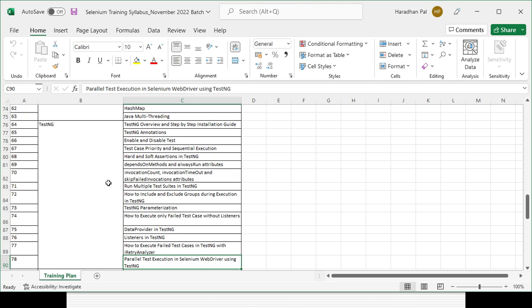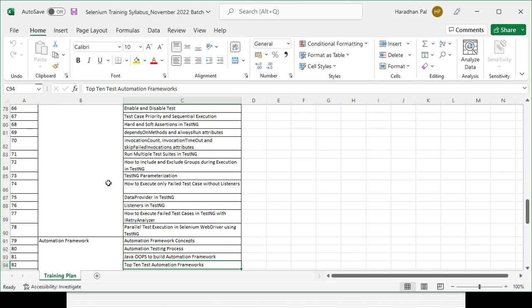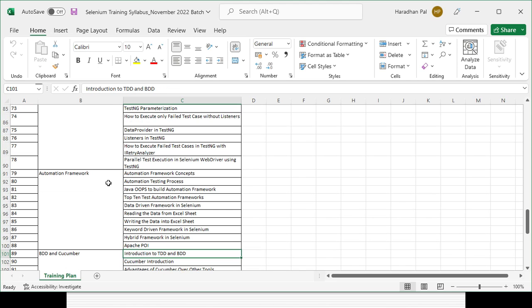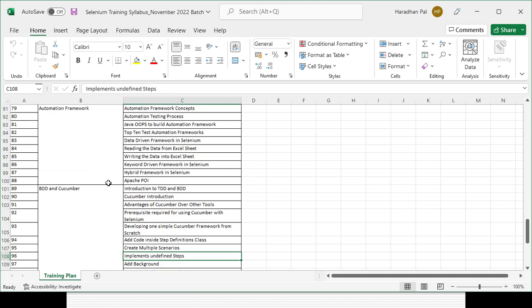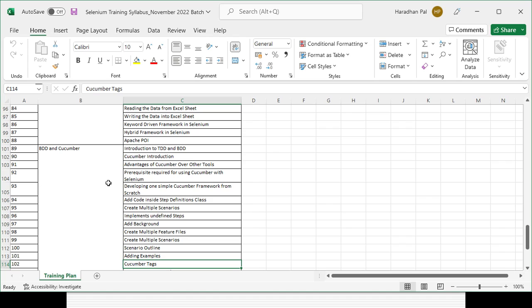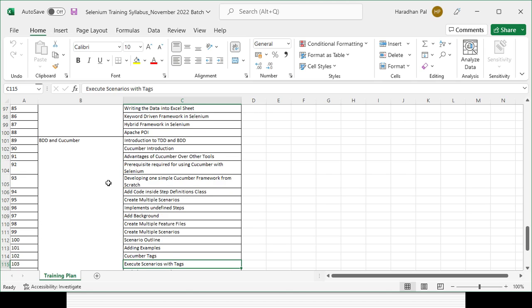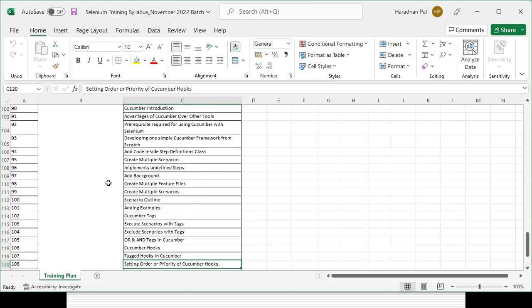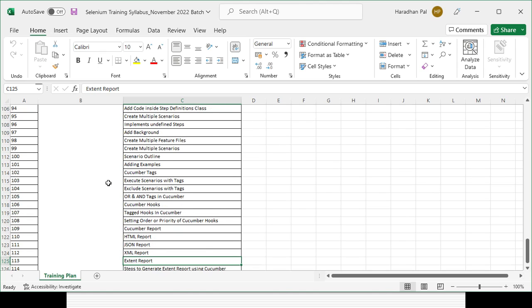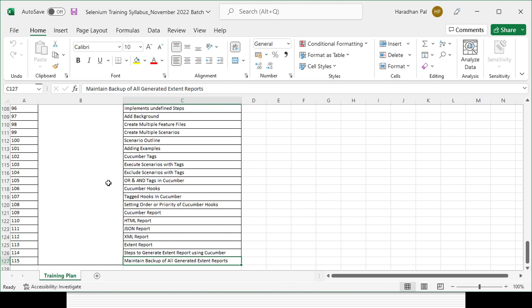Then we will go to the automation framework, right, where you'll be seeing Apache POI, how we can interact, read and write data from an Excel sheet, right? What is a data driven framework, hybrid framework, keyword framework, all this stuff. Then we will go to the BDD framework, where you will be learning BDD in depth, right? BDD prerequisites, feature files, step definition classes, runner classes, right? How you can add a background, how you can run multiple things, right? What is scenario outline, and definitely how you can generate a Cucumber report with the help of an Extent report as well.